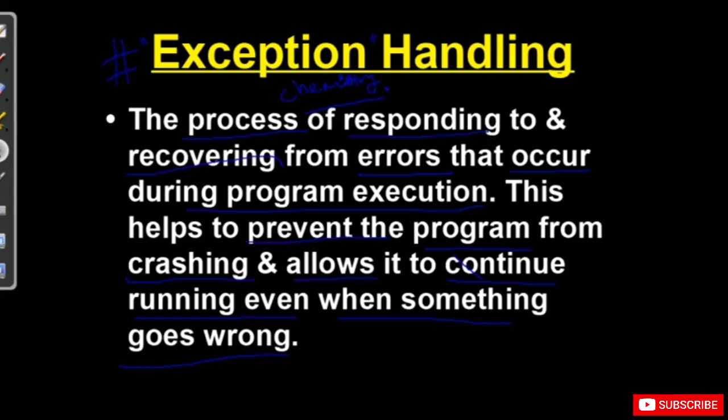Let me give you an example. When the 2000 era came, people used to say that when it goes from 1999 to 2000, the computers are going to crash because the year is going to change, the century is going to change, but actually nothing happened.